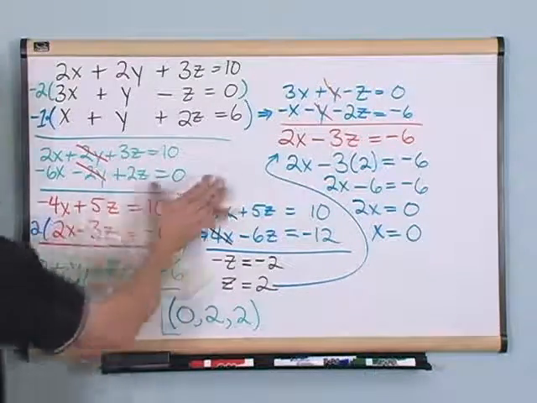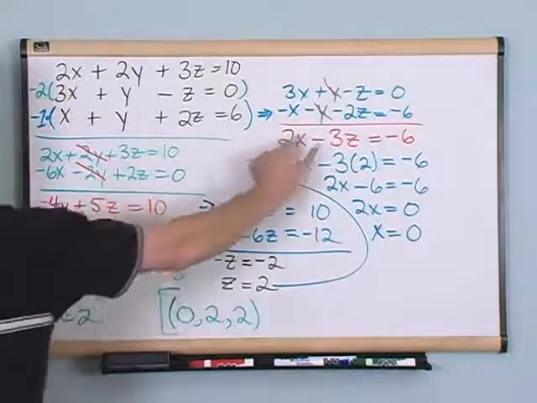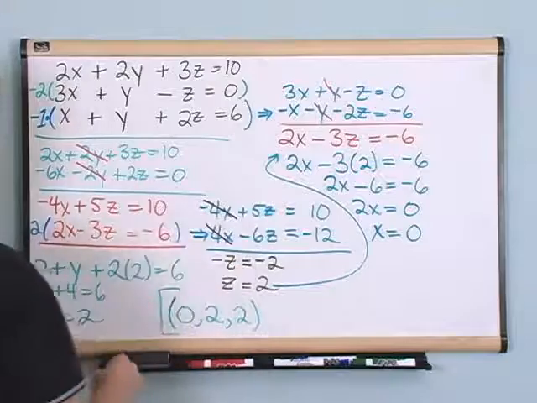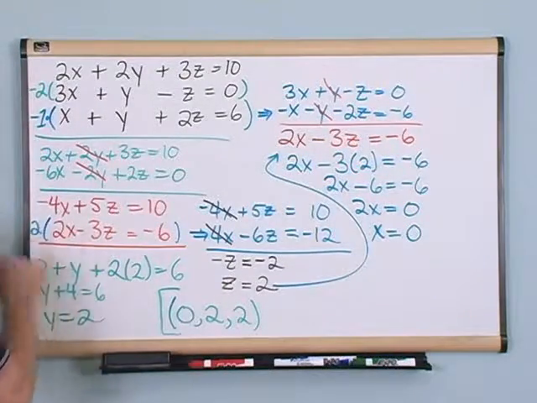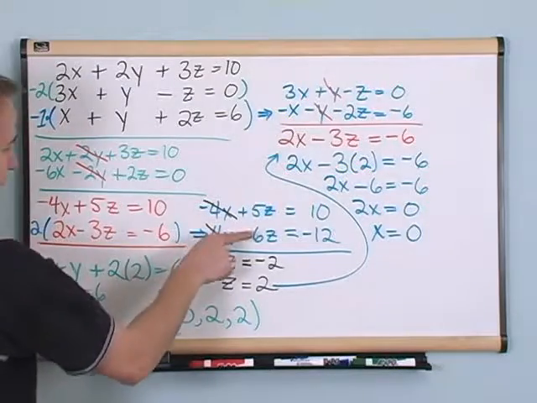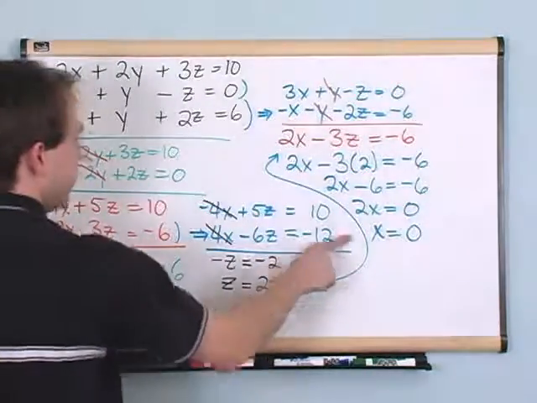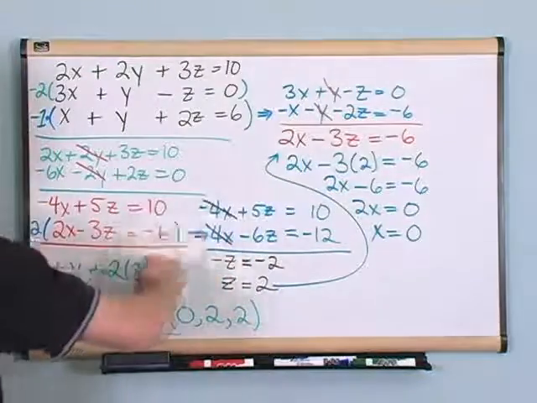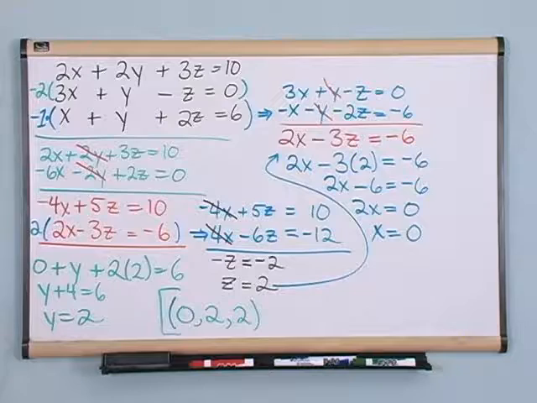Because what you want in the end, in this interim step, is you want 2 equations that have the same variables, x and z. Then you can use the same technique to eliminate one of these variables, which is what we did right here by eliminating x. And then we solve for z. Once we have z, we go back up, find x. Once we have x and z, we can go up here, and then we can find